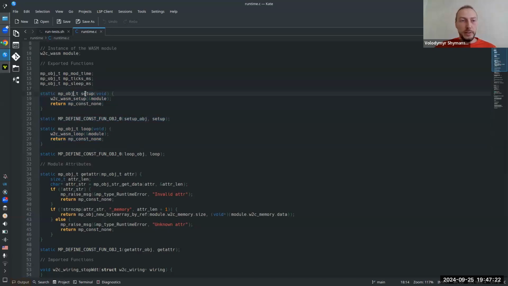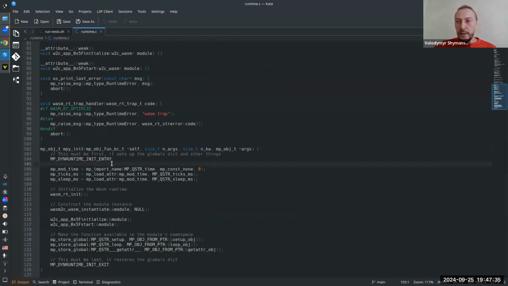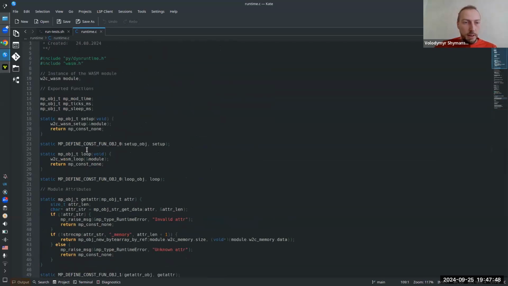They basically just forward the function call to the wasm function, and that's it. Later on we expose setup and loop functions to the runtime, as attributes of the MicroPython module. But this is it. So it's really easy to call.